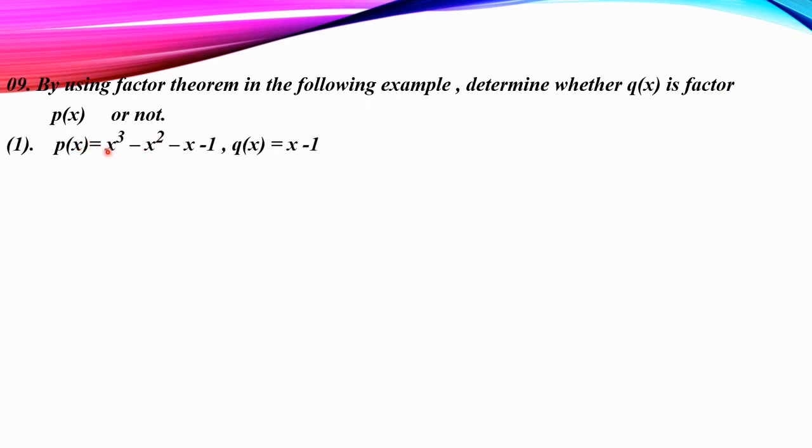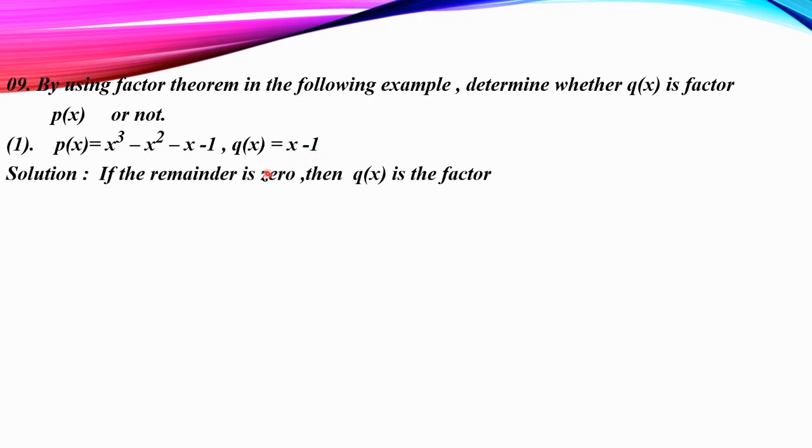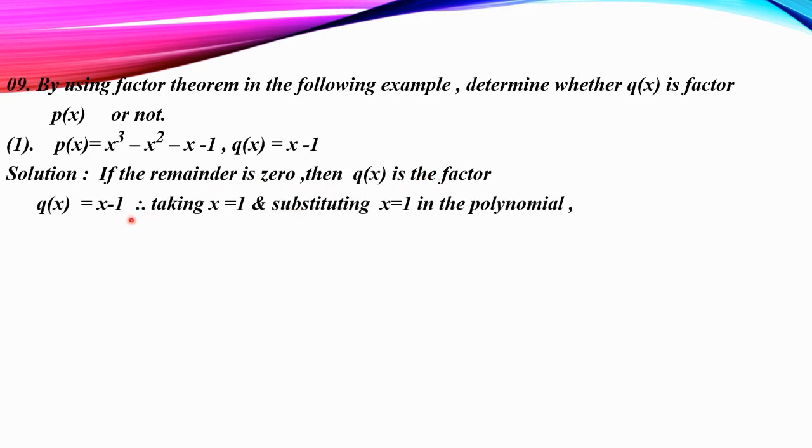P(x) is equal to x cube minus x square minus x minus 1 and Q(x) is x minus 1. If the remainder is 0, then Q(x) is the factor of P(x). We will take Q(x) is equal to x minus 1, opposite of minus 1 is plus 1, and substituting x